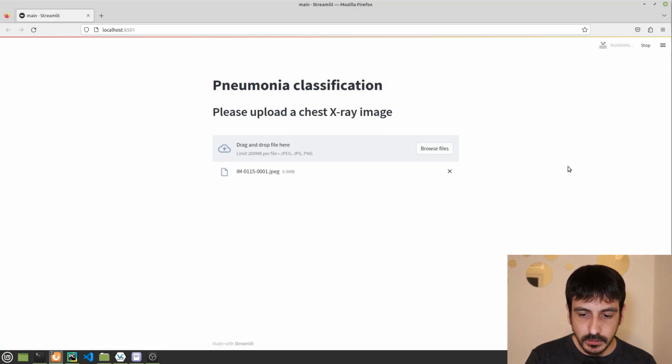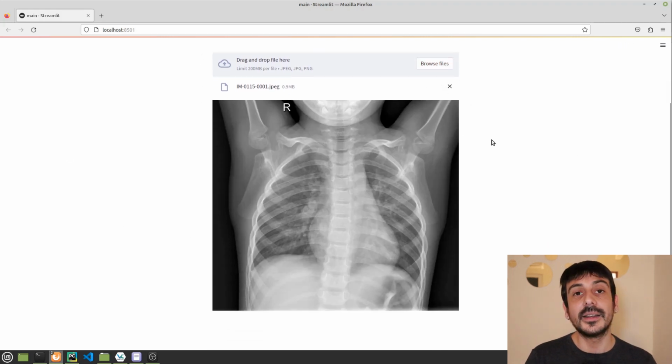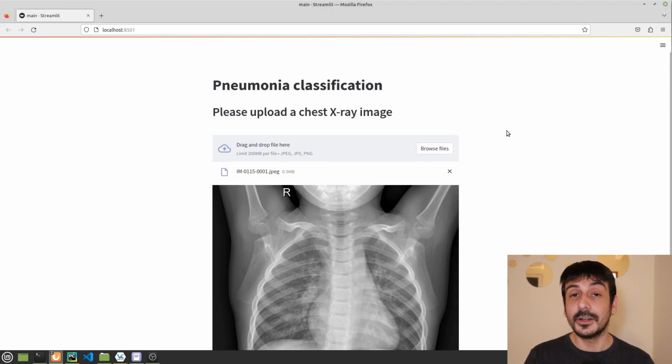So this is exactly what I'm going to do, and this is going to take a few seconds. Now it's reading the image, it's processing everything, and now we are displaying this image in the browser, and the user is now super happy because they are visualizing the image they have just chosen from their file system. So everything is okay so far.